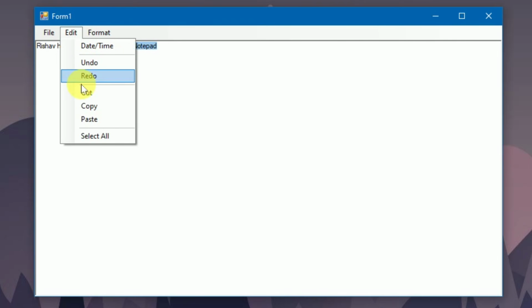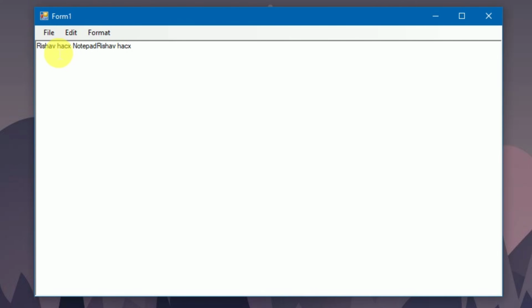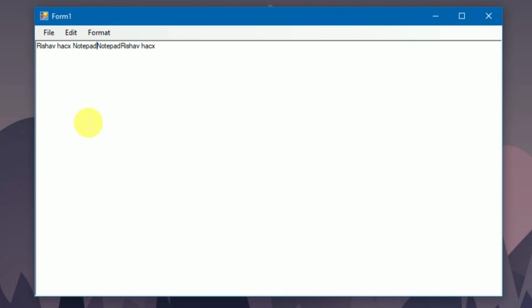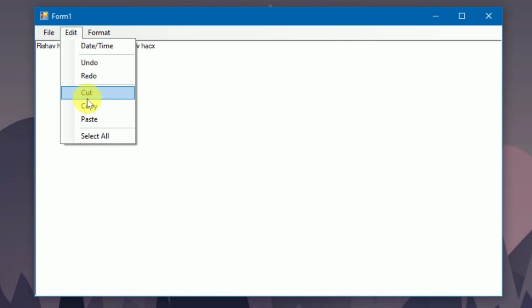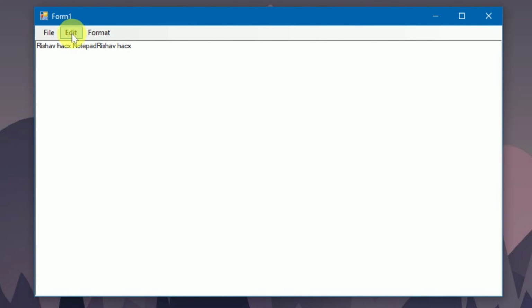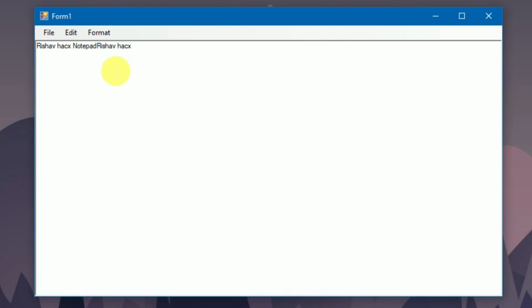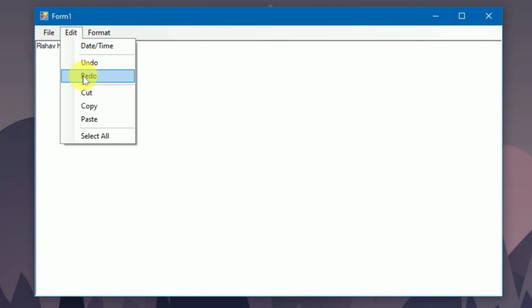Again I cut it, click here, go to edit and paste it, and it also pasted successfully. Now we test other functionalities. We go to the undo button and the process undoes one step back, and when we go to redo it goes one step forward. So it is also working fine.